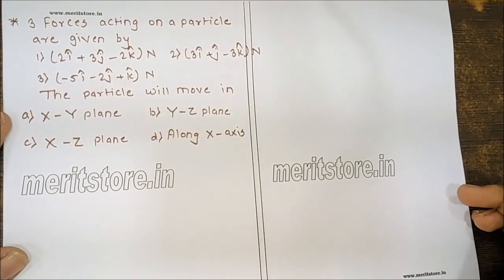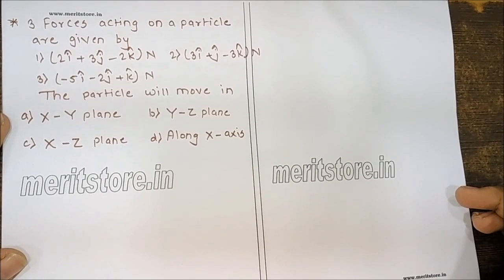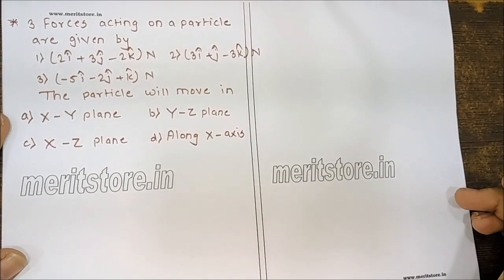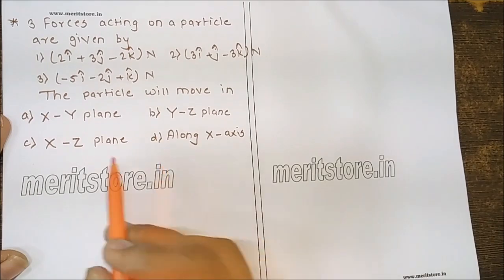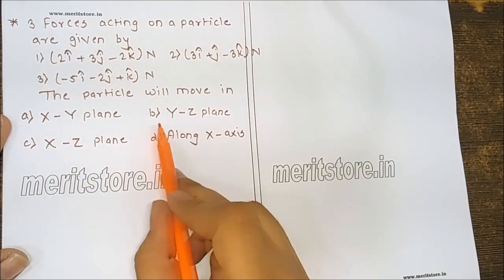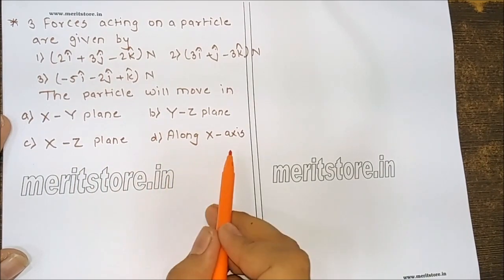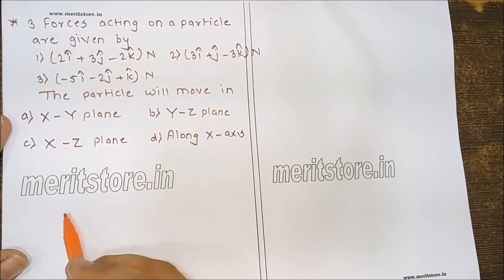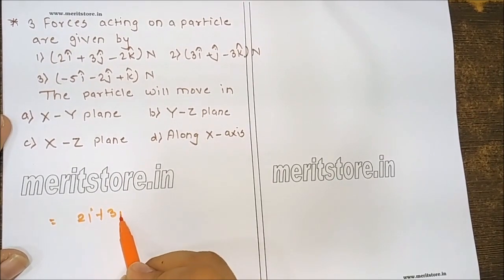Three forces acting on a particle are given by 1. 2i plus 3j minus 2k, 2. 3i plus 2j minus 3k, 3. Minus 5i minus 2j plus k. The particle will move in option A, xy plane, option B, yz plane, option C, xz plane, option D, along x-axis. Now to solve this question, the sum of the forces 1, 2 and 3 is equal to